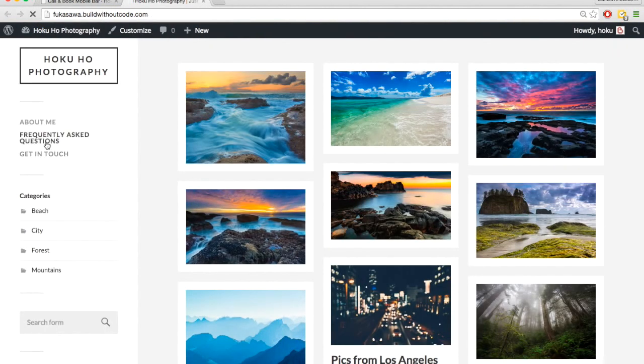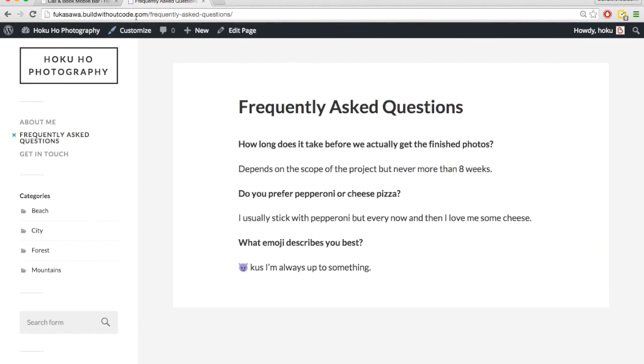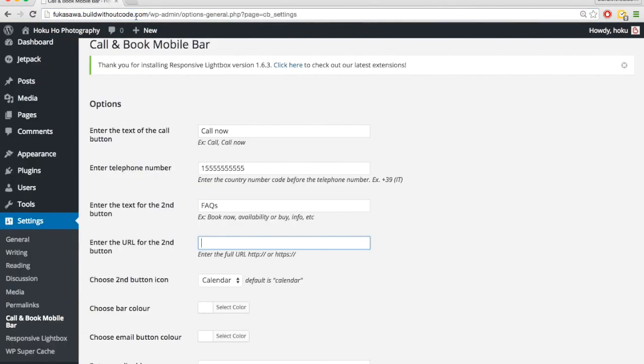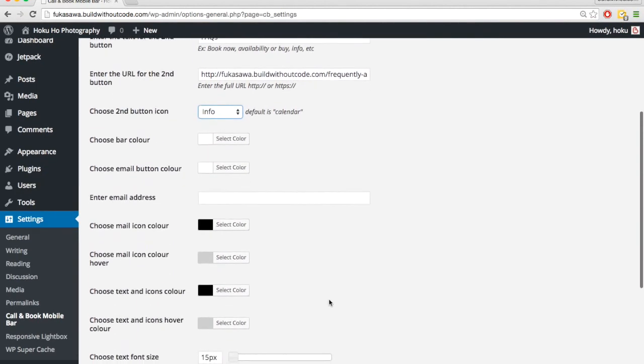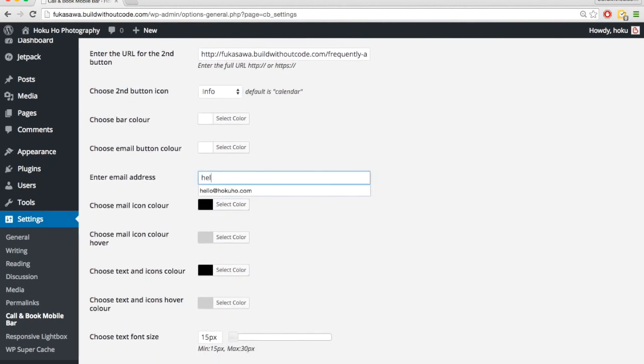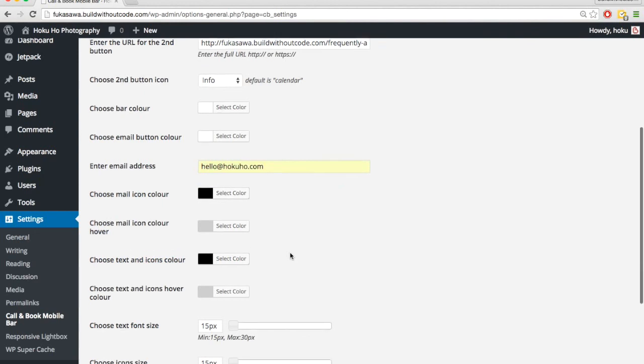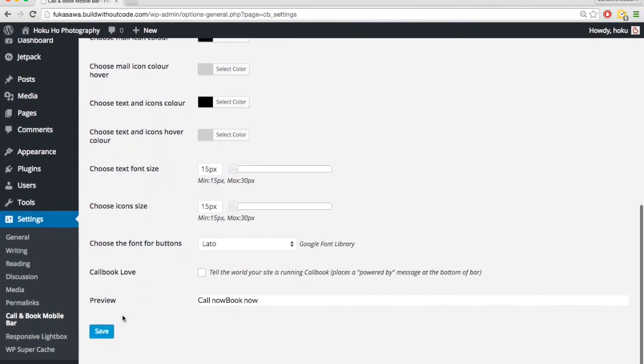So let me just go grab that, come to our FAQs page, copy the URL, paste it in there, and the icon for this frequently asked questions button will be just an info icon. And then an email address, because there's also a button for them to easily send us an email. So they'll just click the email, and then it will open up their email client with this email address already preloaded. So we'll just hit save,